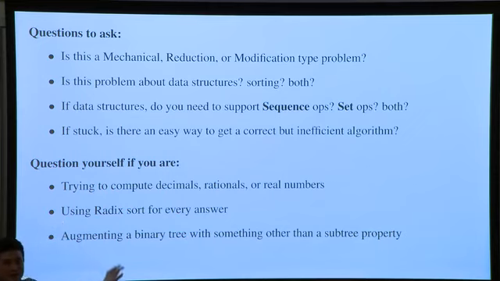If you're trying to use radix sort for every answer, it's probably wrong. One of the things that we try to do on our quizzes is that we're not just giving you a bunch of problems randomly. We are making problems that cover the material in some way. We do want to test you on all of the things. So if you find that you're using the same thing 4 or 5 times on the exam, that might be a sign that you're using it too many times.